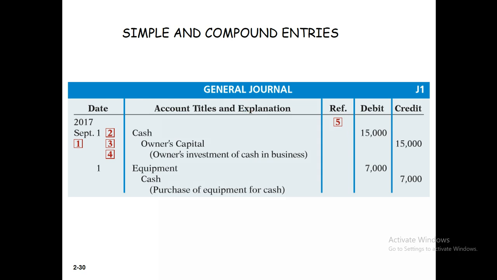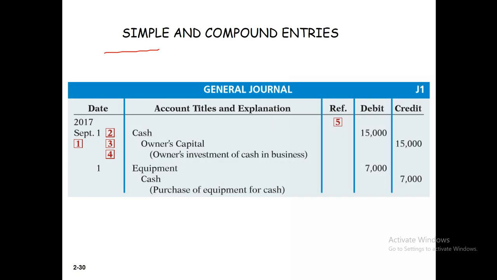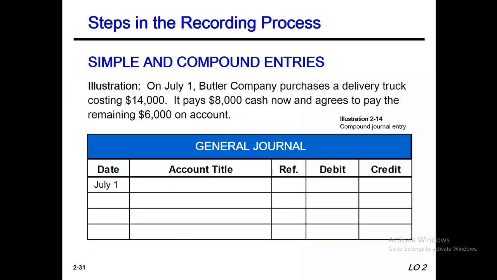This is our simple entry. That means these entries involve only two accounts. That means these are the two accounts: cash account and owner's capital account. We call this the simple entry. Here also equipment and cash. Here we have equipment and cash. So we call it a simple entry. And compound entries, that means this is